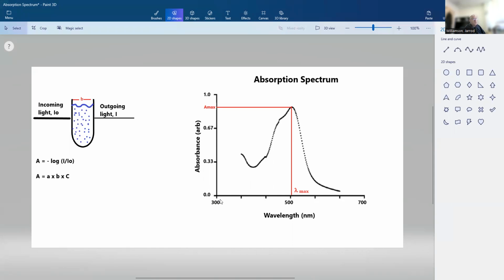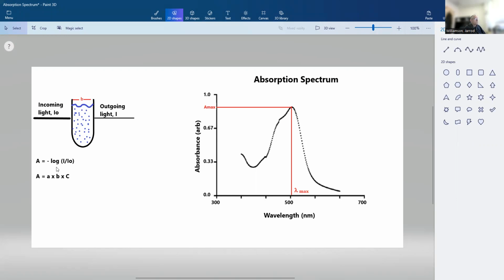Here I have 300 to 700 nanometers, but you're going to measure from about 400 to 700 or so, where the absorption is the ratio of the outgoing light intensity divided by the incoming light intensity, and